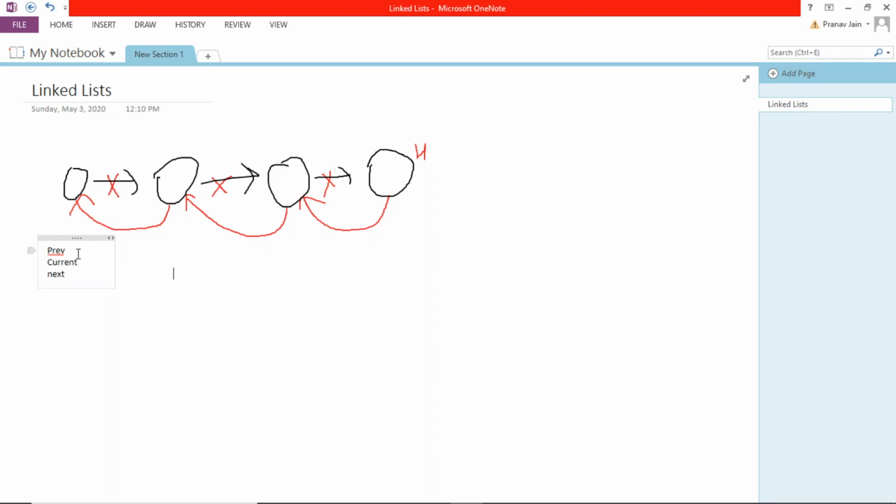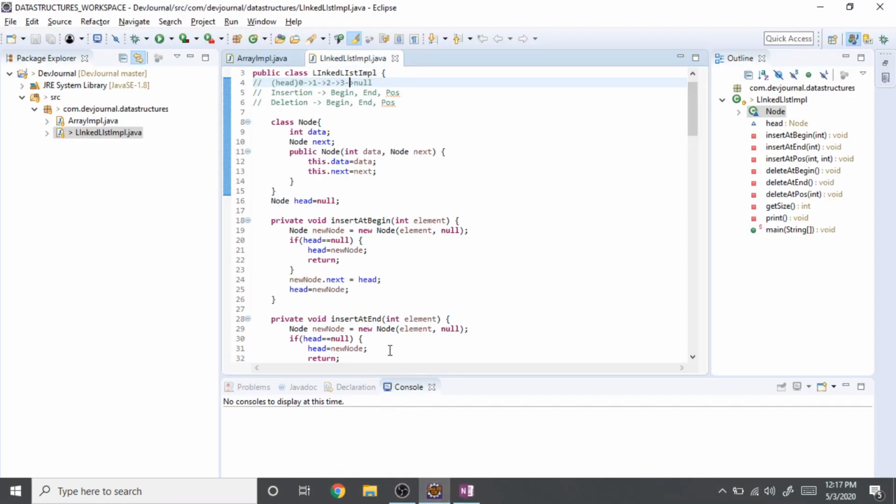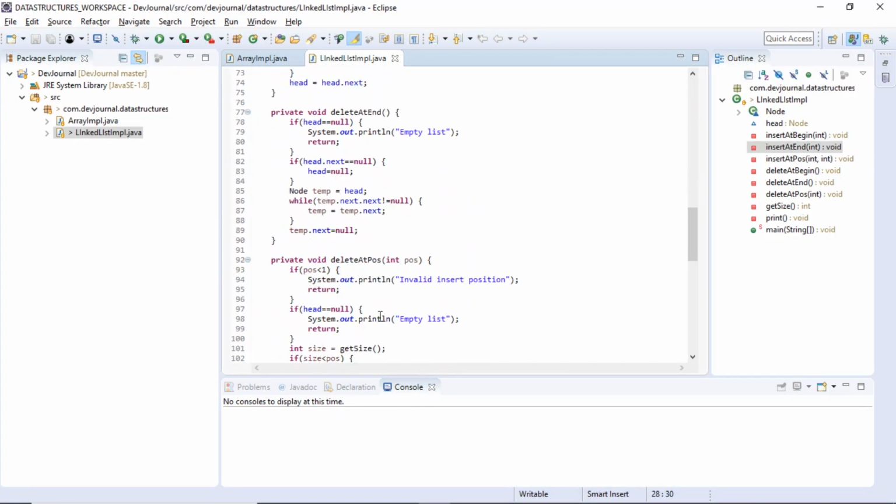Okay, so these three pointers will help us in reversing the linked list according to the current logic I am able to think of. How can we do that? Let me show you with the implementation, and then we can understand that easily.